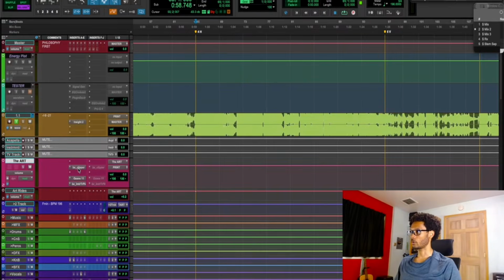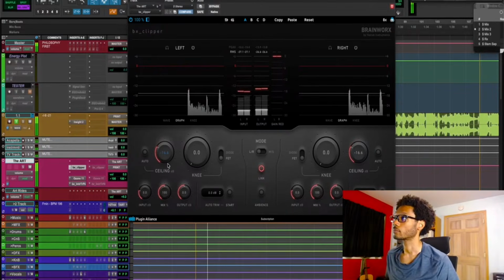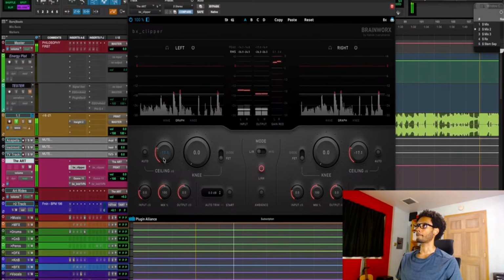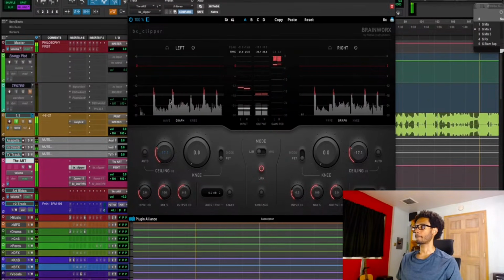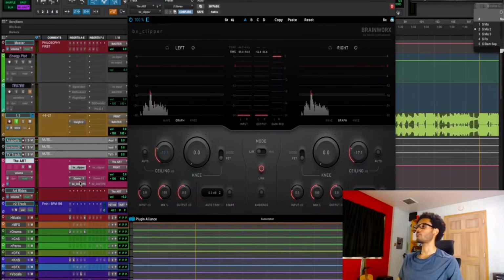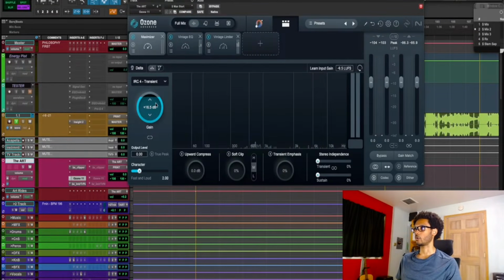We got this clipper going. So let's just go even more OD with the clipper, like what I would normally see. About 4 or 5 dB of clipping, not too crazy, you know what I'm saying? We're not gonna lose our minds, but we're just gonna do a little clipping, right? We already got a lot of gain going into it, but let's see how much more we can get.